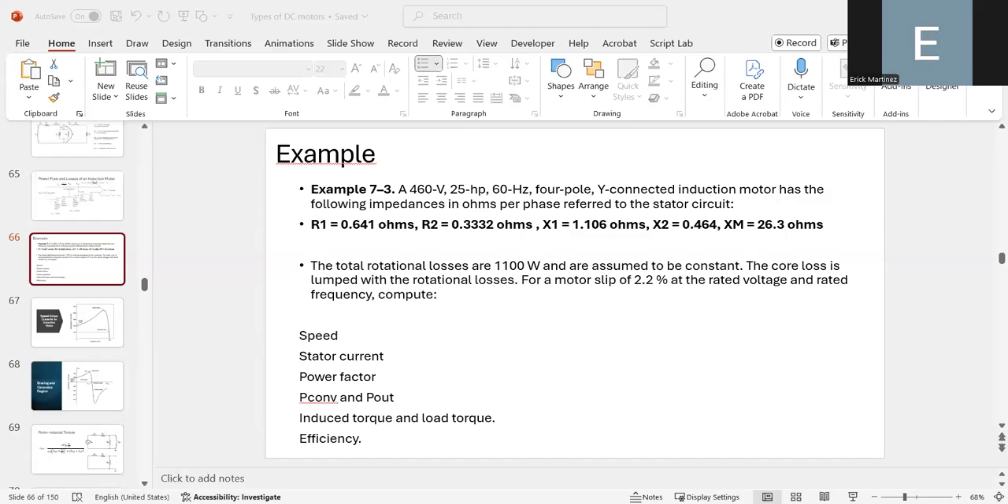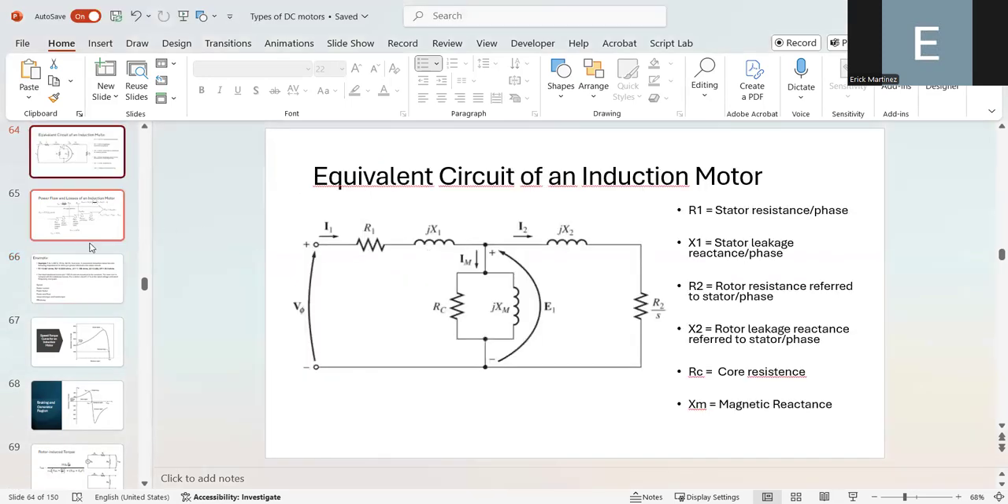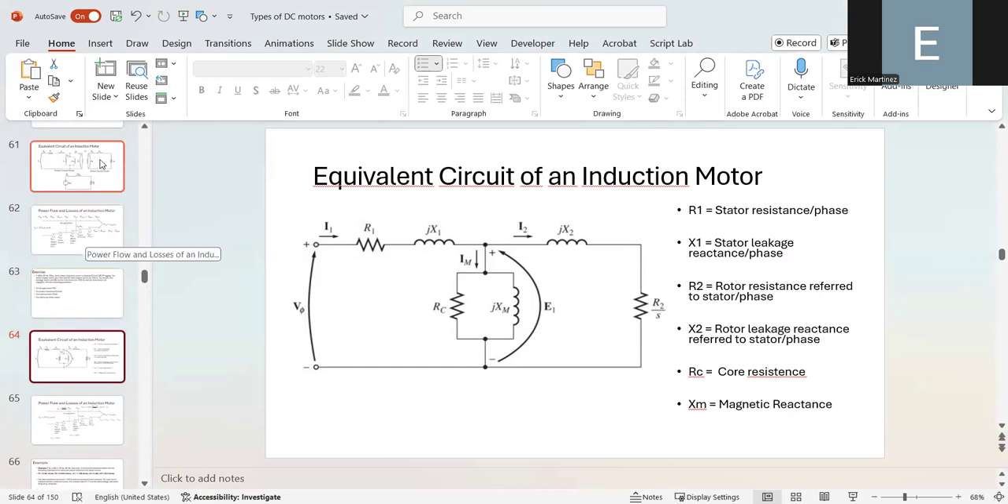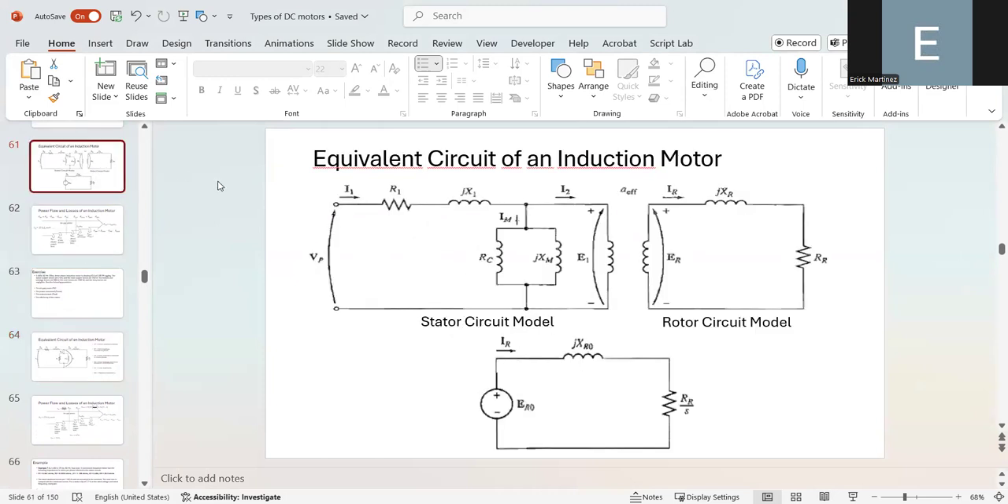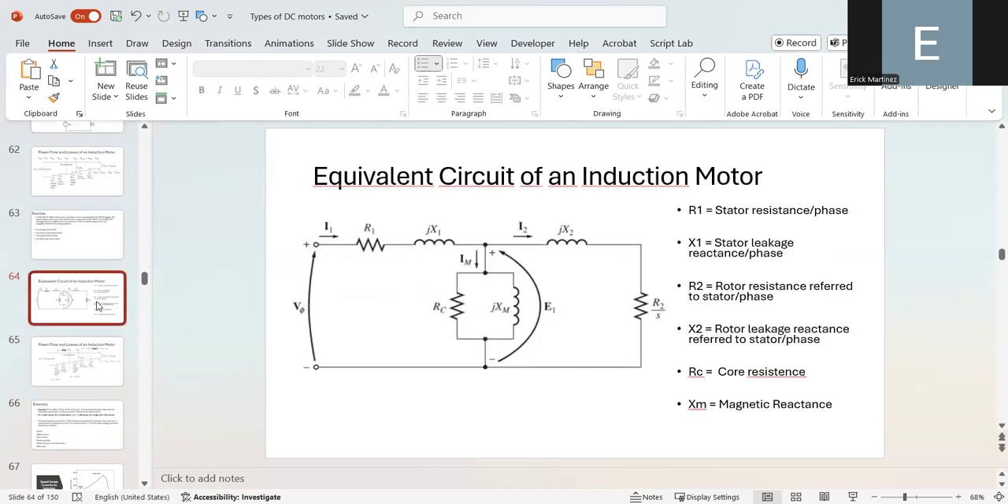Okay, so hello everyone. In this video, I wanted to explain and work through an exercise related to induction motors. Remember that the induction motor can be modeled from an electrical point of view with two circuits: the stator circuit model and the rotor circuit model. But instead of analyzing two circuits at the same time, you can refer the circuit to the stator, and you can obtain the following equivalent circuit for